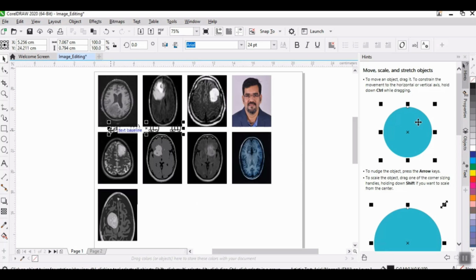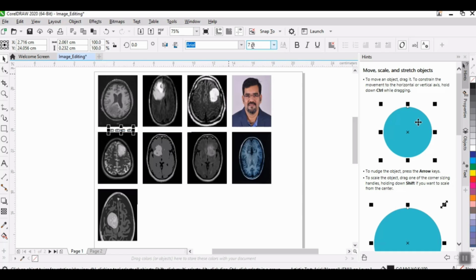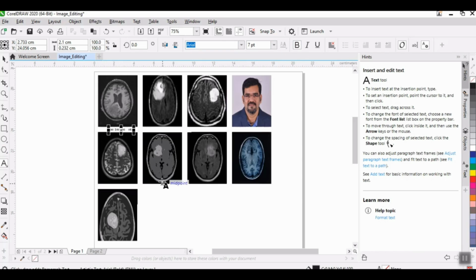I'm adding a very little spacing between these two. You can change this font value, and then click here again, and with the help of the space key you can add a space. This is the way that you can perform this operation.